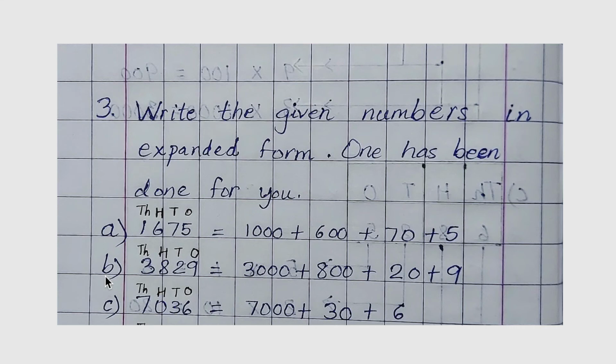Then, question B, we have this number. Read aloud the number. 3829. Then, starting from the thousands place, we have 3 thousands over here. So, 3 multiplied by 1000. Right? That is equal to 3000. So, place value of digit 3 is 3000. Then add place value of digit 8. So, here we have 800s. 8 multiplied by 100. That is 800. So, add 800. Then add place value of digit 2 at tens place will be 20. So, add 20. And then add 9, because we have 9 at ones place.